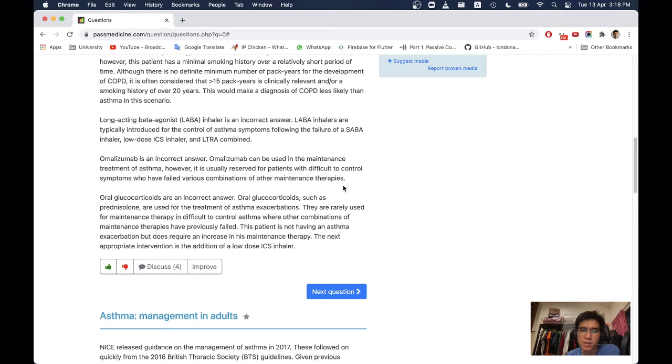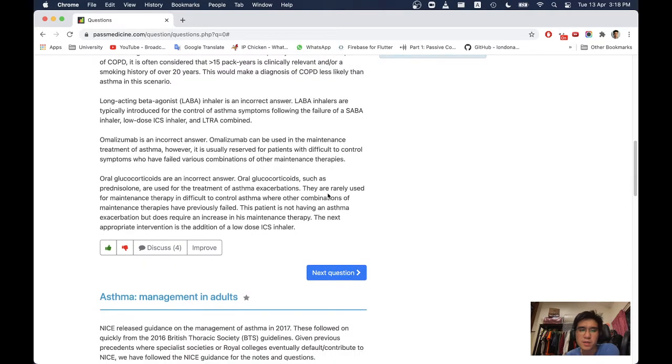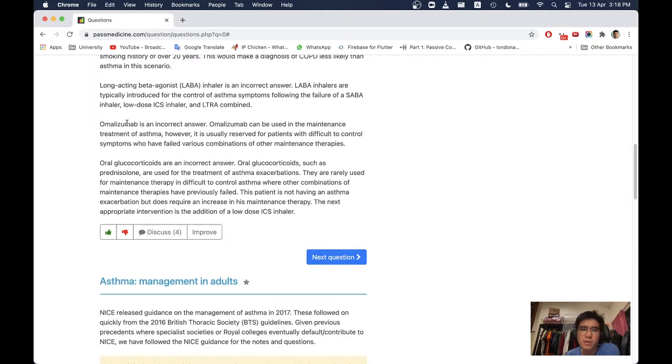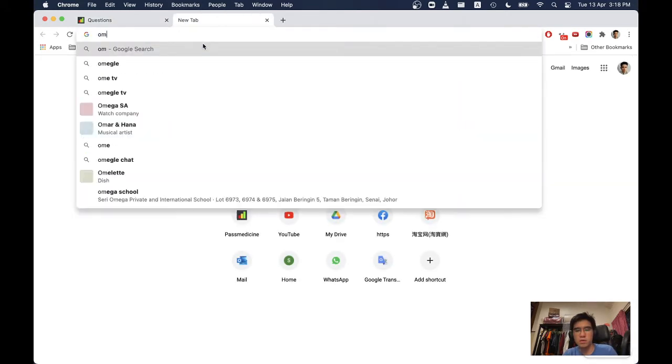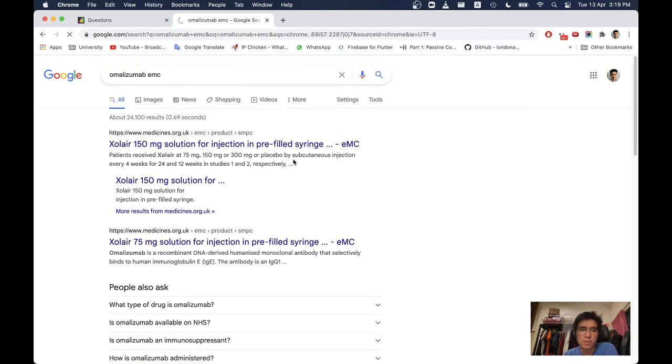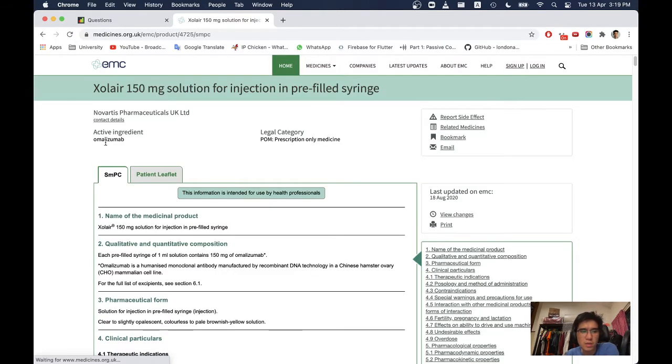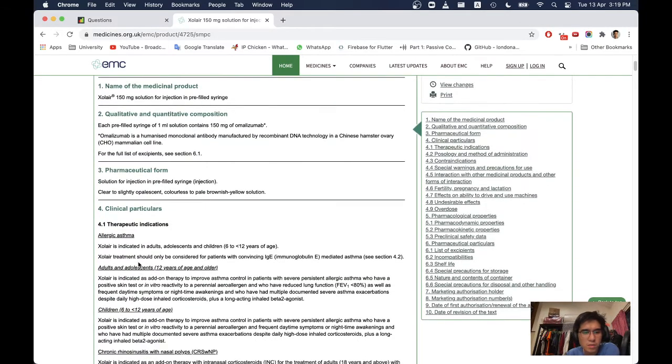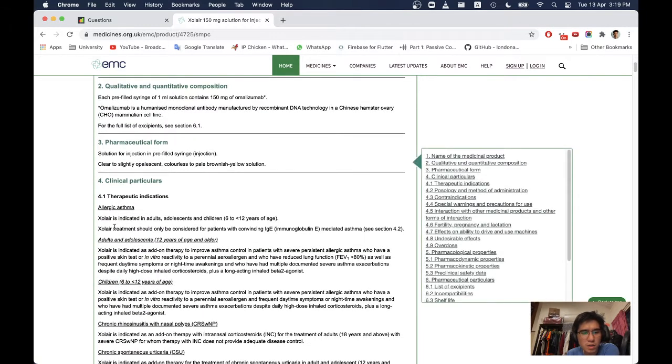Omalizumab can be used in the maintenance treatment of asthma. However, it is usually reserved for patients with difficult to control symptoms who have failed various combinations of other maintenance therapies. Omalizumab sounds like a monoclonal antibody, actually. Omalizumab, pharmaceutical, particularly therapeutic indication